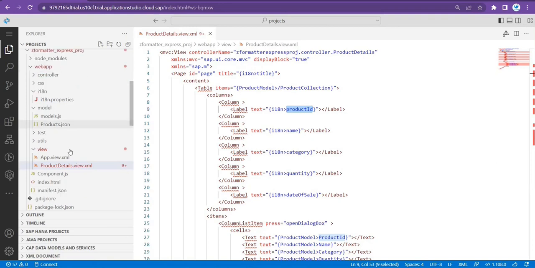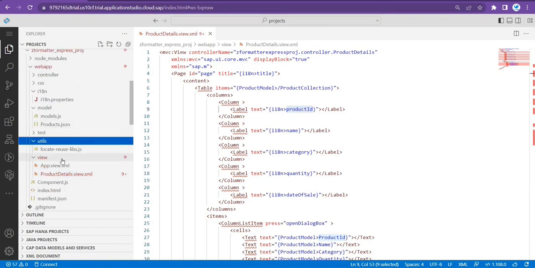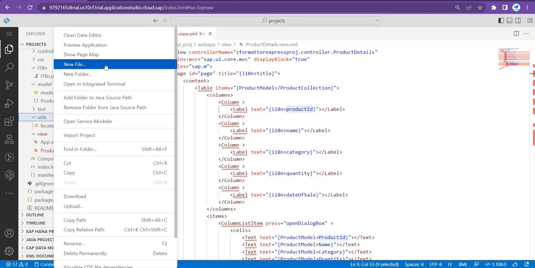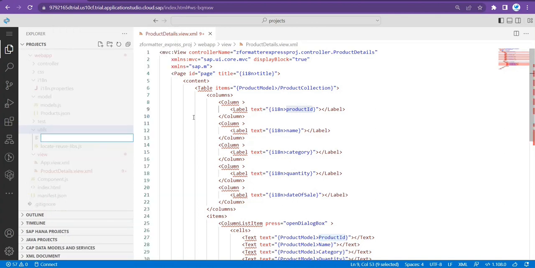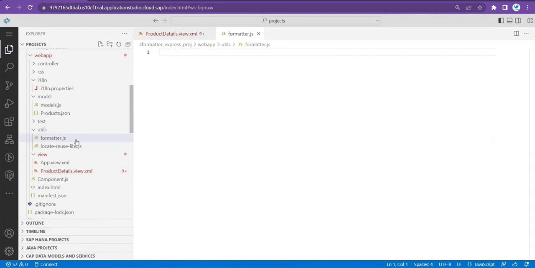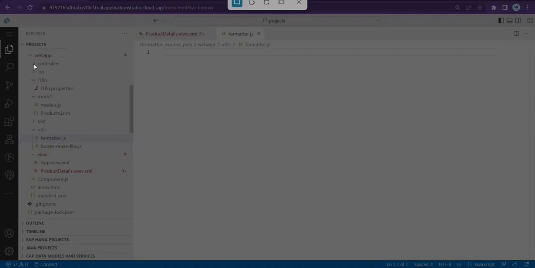Here in this project, I'm going to create that file under the utils folder. Right click on this utils folder. There will be one option called New File, and we'll create a file called formatter.js. That's it. Make sure that the extension of that file is .js. OK, so once you create the formatter file,